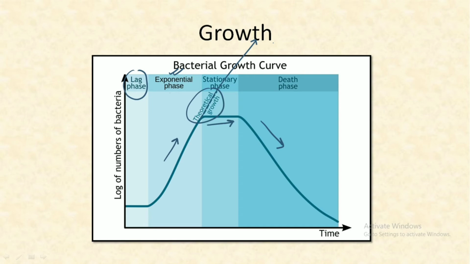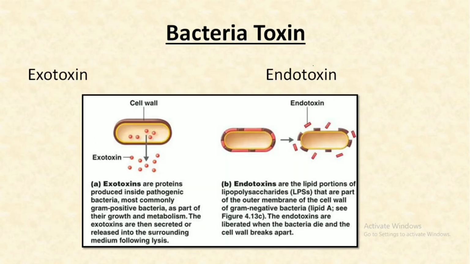So theoretically there occurs an exponential curve growth from the beginning till the end, but when we look at it in the experimental and the realistic manner, we could find out that there are four phases: lag phase, exponential phase, stationary phase, and the death phase. So this was all about the bacterial growth. Let us understand about the bacterial toxin in detail.